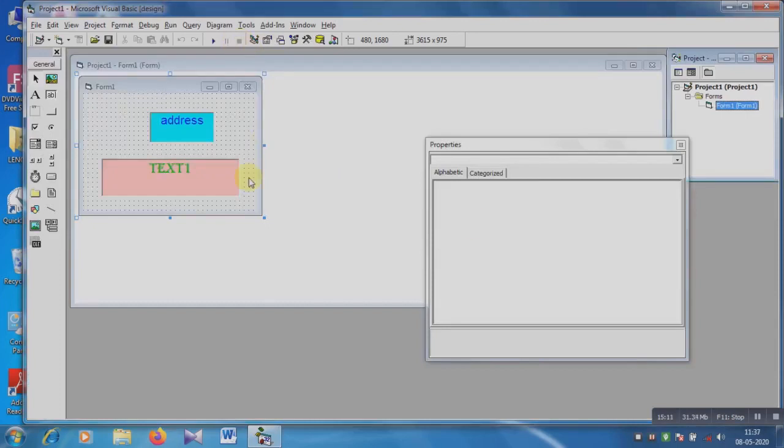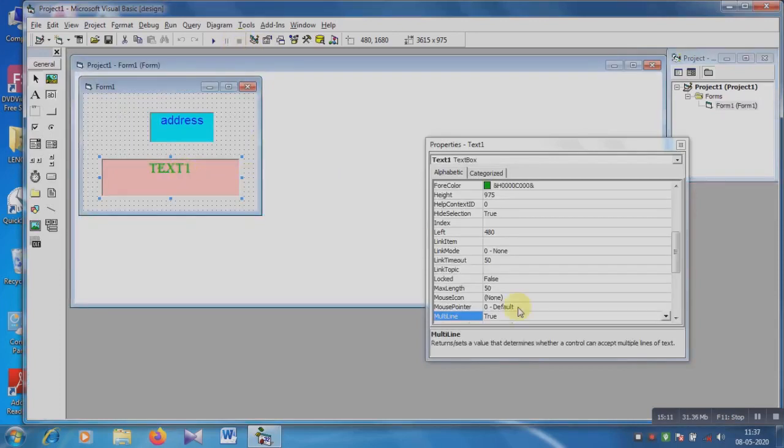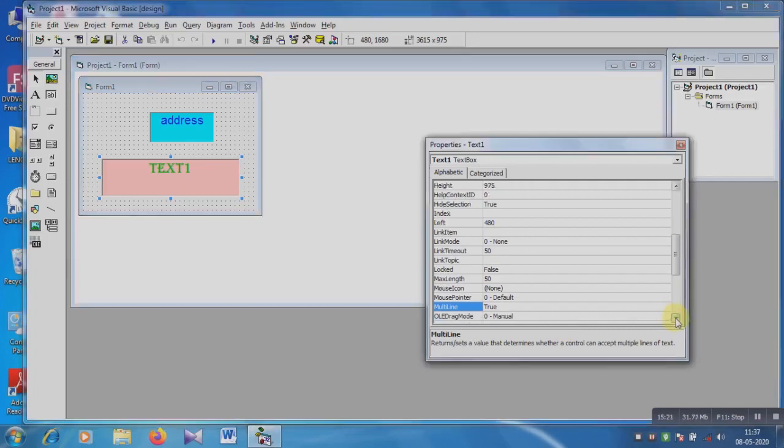And then again the object window, then password. For inserting a password, we can choose the password character. This is the password char option.